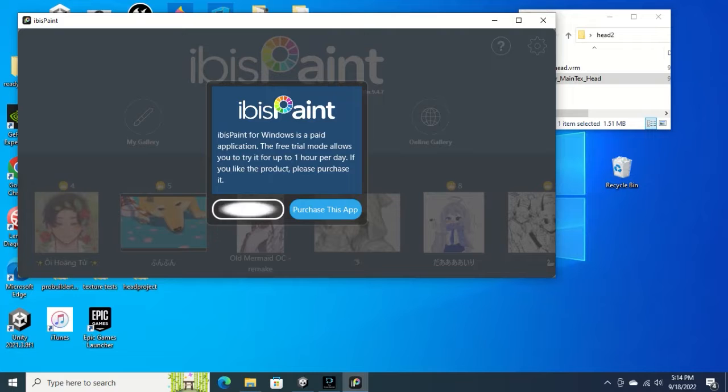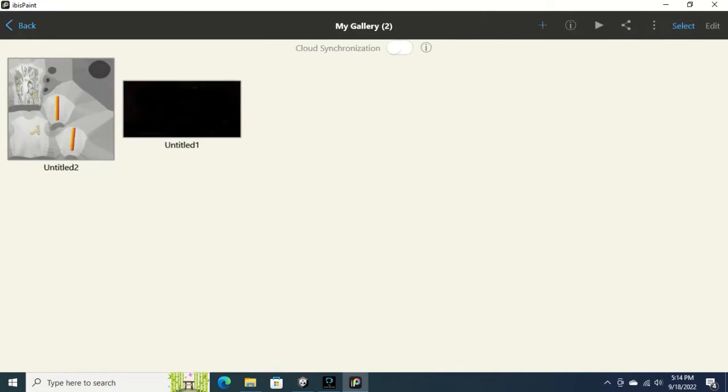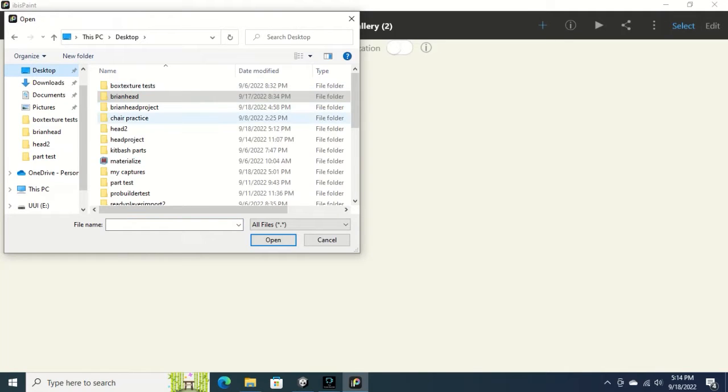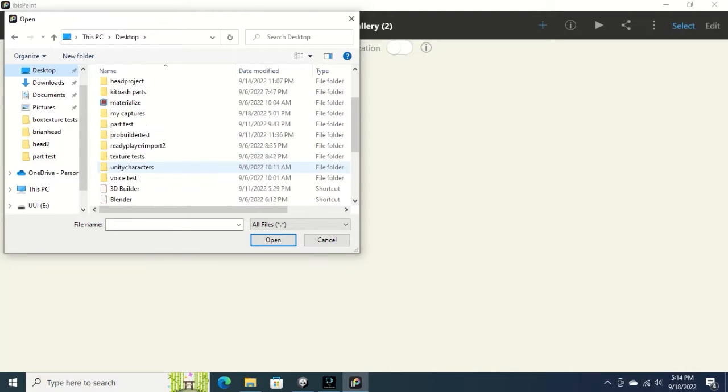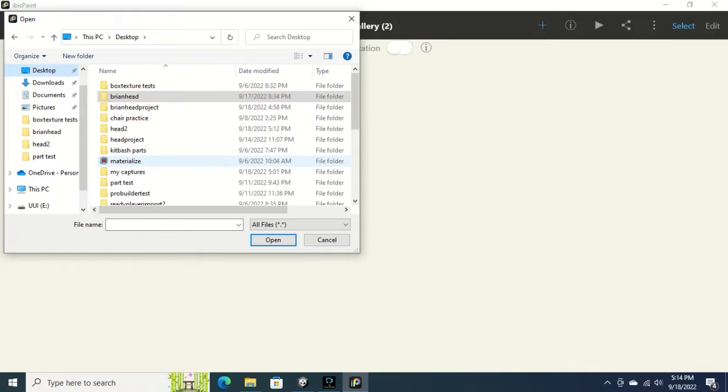Again, anything you want to add to your textures, you want to add them to a separate layer, so that way you can edit whatever you're adding without messing up the original. What I did specifically was just screen capture some of Brian's actual face tattoos and use those to place them on his face. Basically, I just used contrast to bring the blacks out, and then selected just the blacks, erased